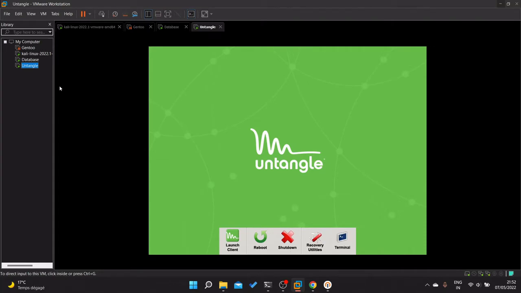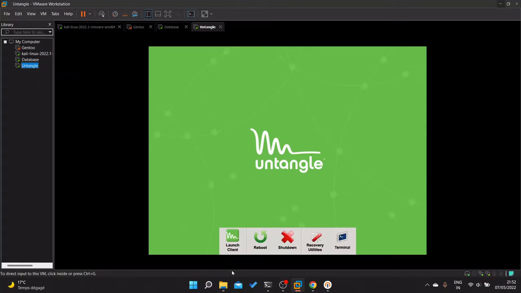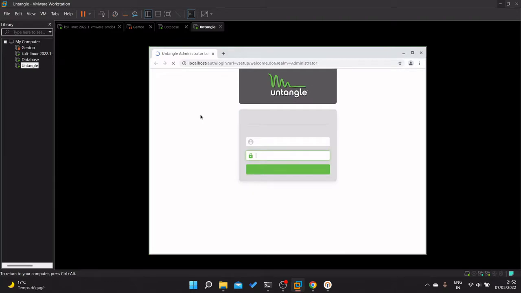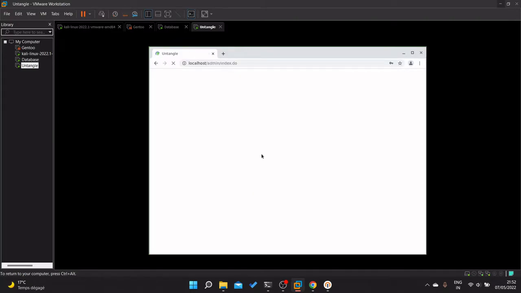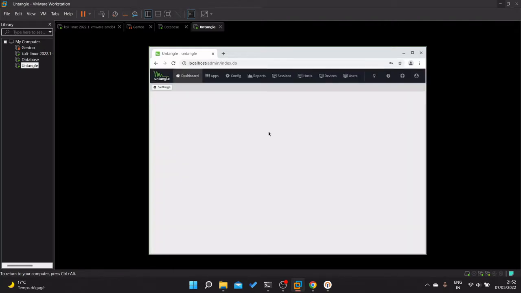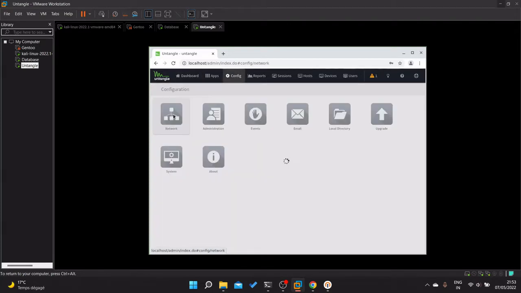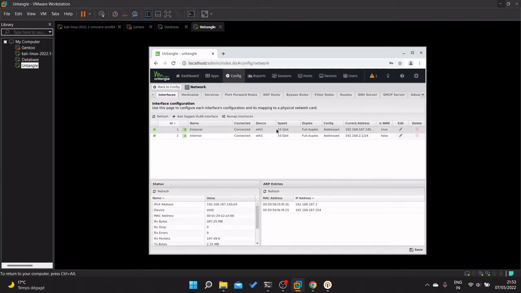This Untangle server and the host machines are internally connected with a bridge network. As we know, Untangle supports two Ethernet cards: one for the internal network and the other for the external one. We can see that by launching the client. It asks for a password, 1, 2, 3, 4, 5, 6, which I have just configured as a local one. So it loads. If you go to the config network,